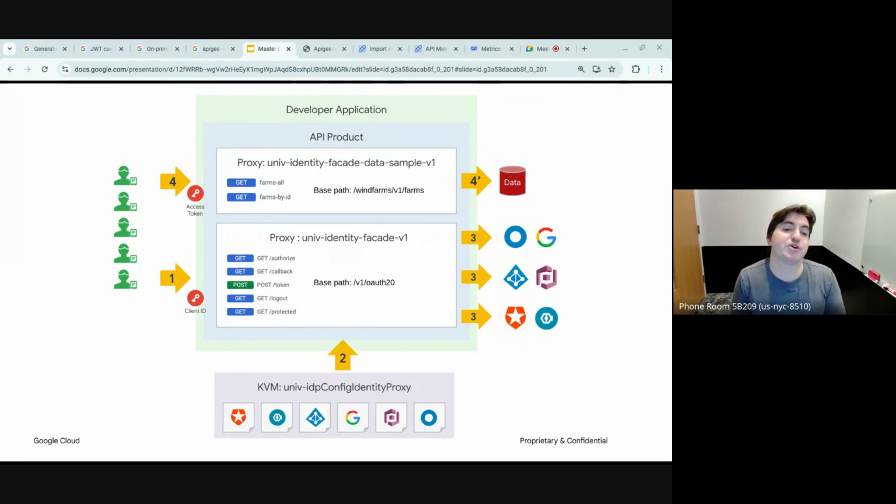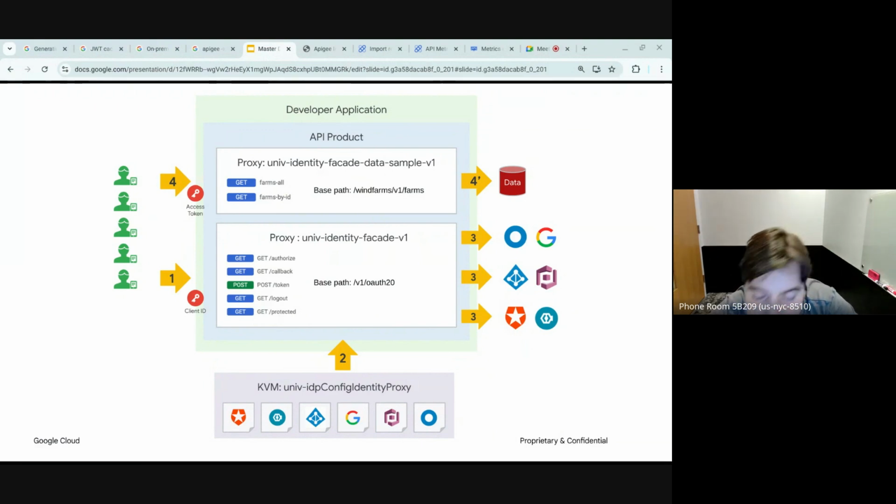Looking at this more holistically, what most people do to orchestrate this typical workflow is use an IDP. Yes, Apigee can not only mint but also verify tokens, but most people like to federate to and through their IDP of choice. So think Auth0, think Google's IDP, think Azure AD, so that you extract all that information. You have Apigee verifying who's doing what when.